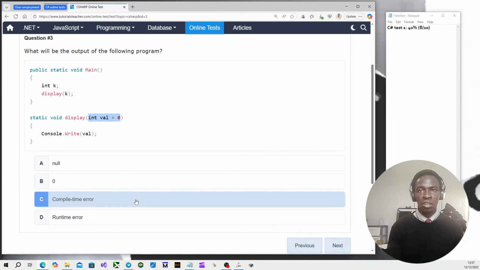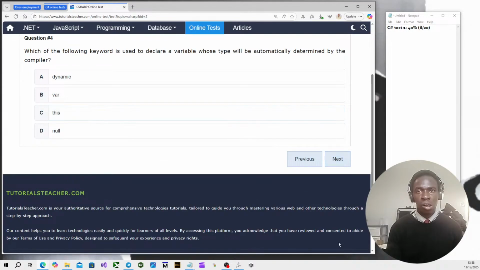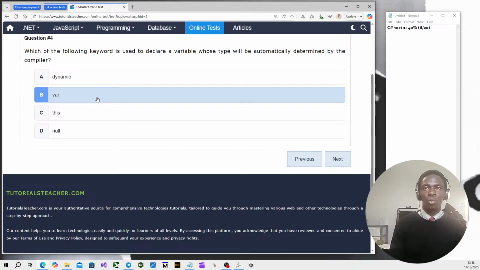I'm gonna go for compile time error, because there's not even a value assigned to k. Or I might even get a warning, but not an error.